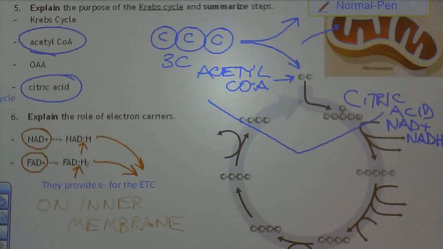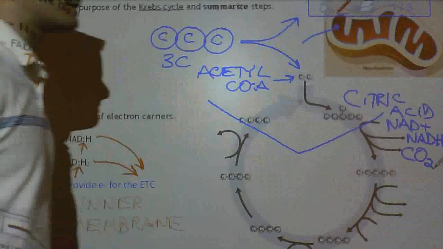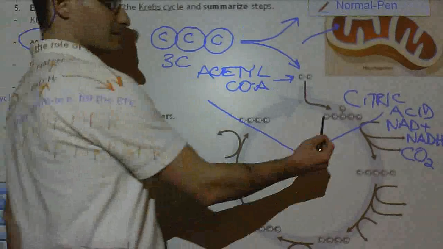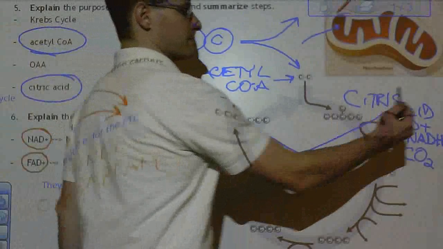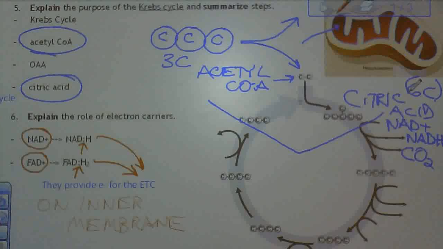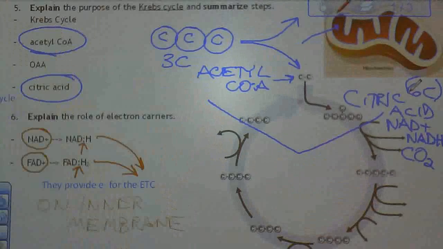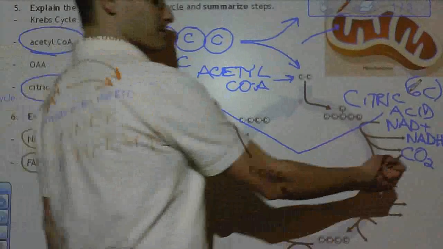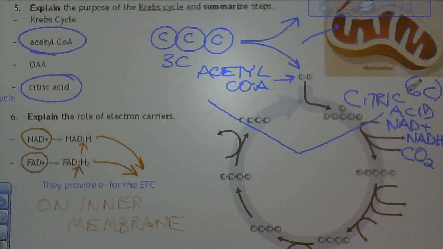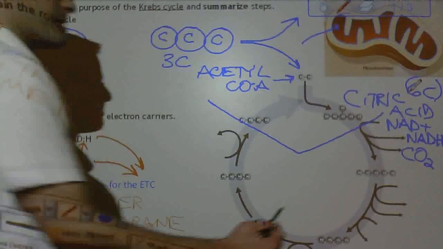Something else that's getting spit out here, a little bit less important for us, is CO2, which is just a gas waste product. But you can see there were 6 carbons here. Maybe you want to label this citric acid, 6-carbon molecule. It breaks down into a 5-carbon molecule that we don't care the name of. And one of the carbons comes off as CO2, a waste product. When you exhale CO2, so that's one way to think about this. This is going to happen a couple times,